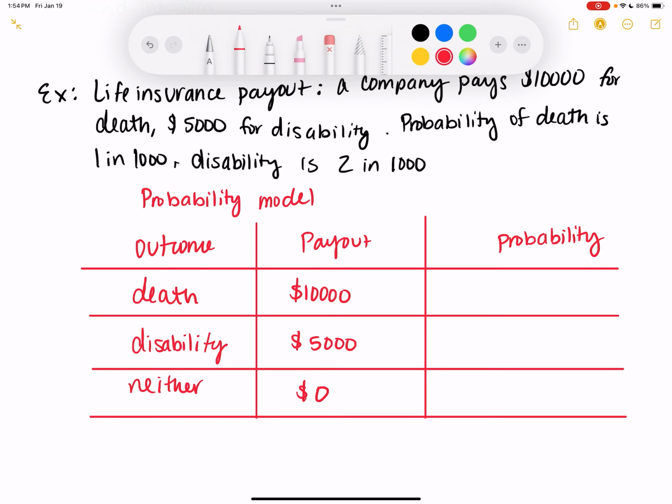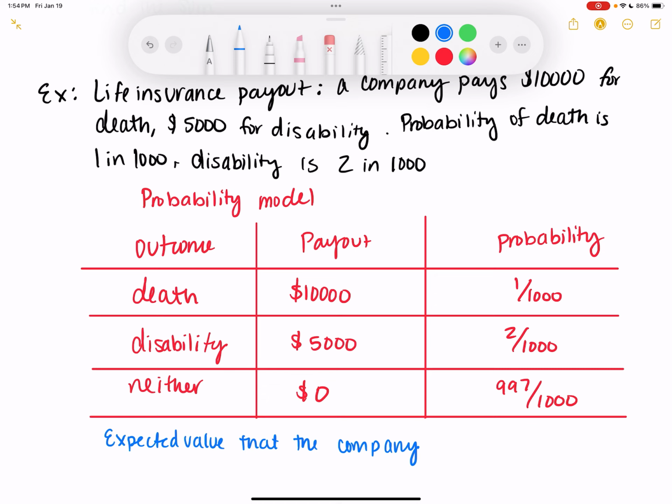Nothing. All right, the probability of death is 1 in 1,000. Disability is 2 in 1,000. So neither is 997 out of 1,000. So if I want to look at the expected value that the company can expect for a payout,